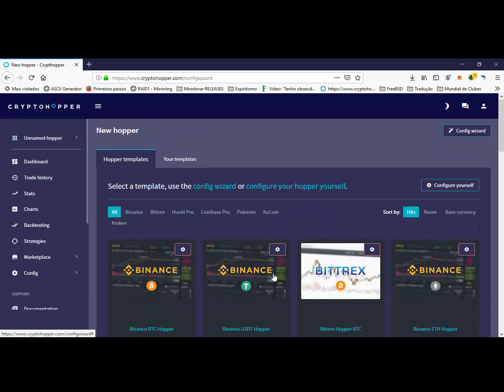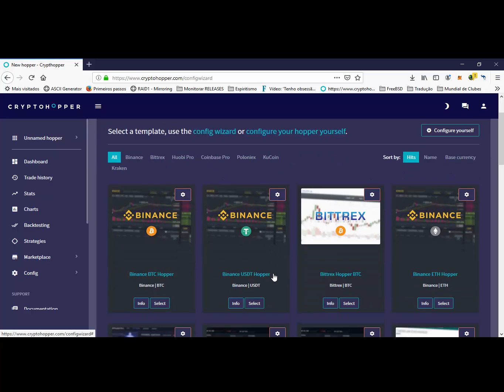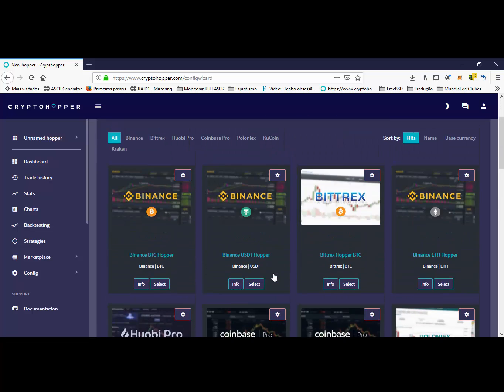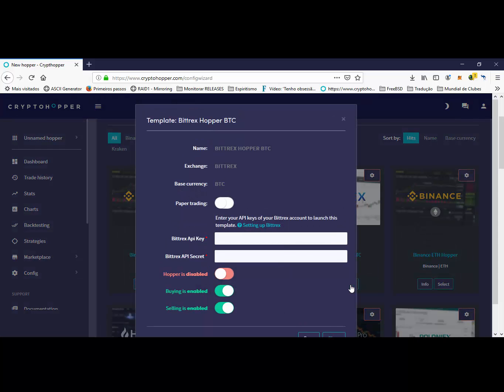So we are going to create a hopper. Let's choose one exchange for us to create our hopper. I think I will go with Bittrex on base BTC. So if I just select it here, then I go to my final screen to associate my template and create my hopper. Here I should enter my API keys. API keys are keys that you create on your exchange so you can connect CryptoHopper to your exchange and allow it to trade on your